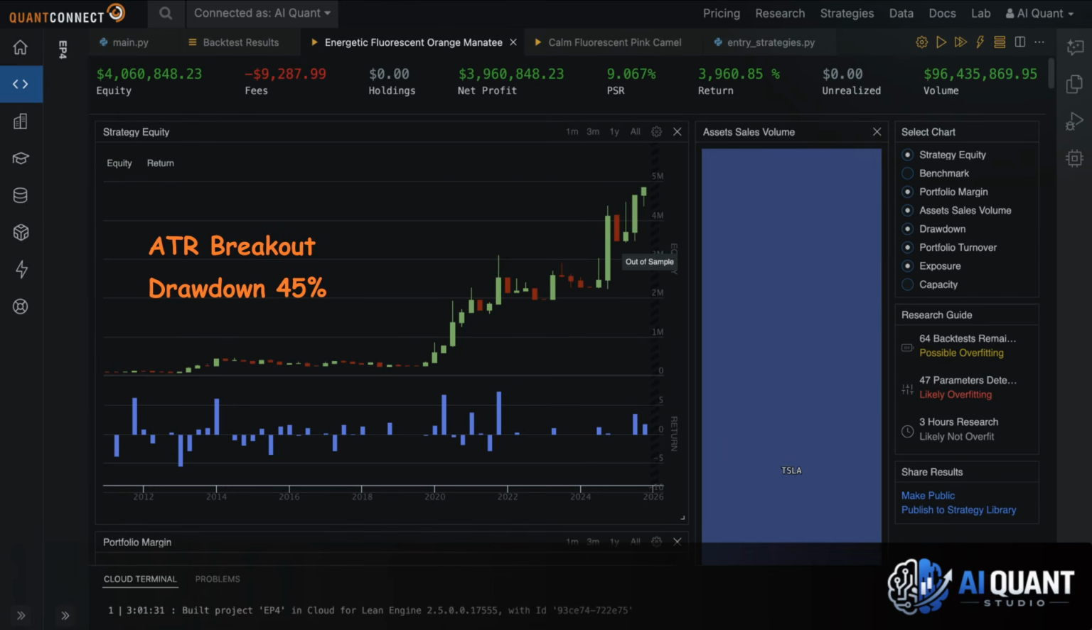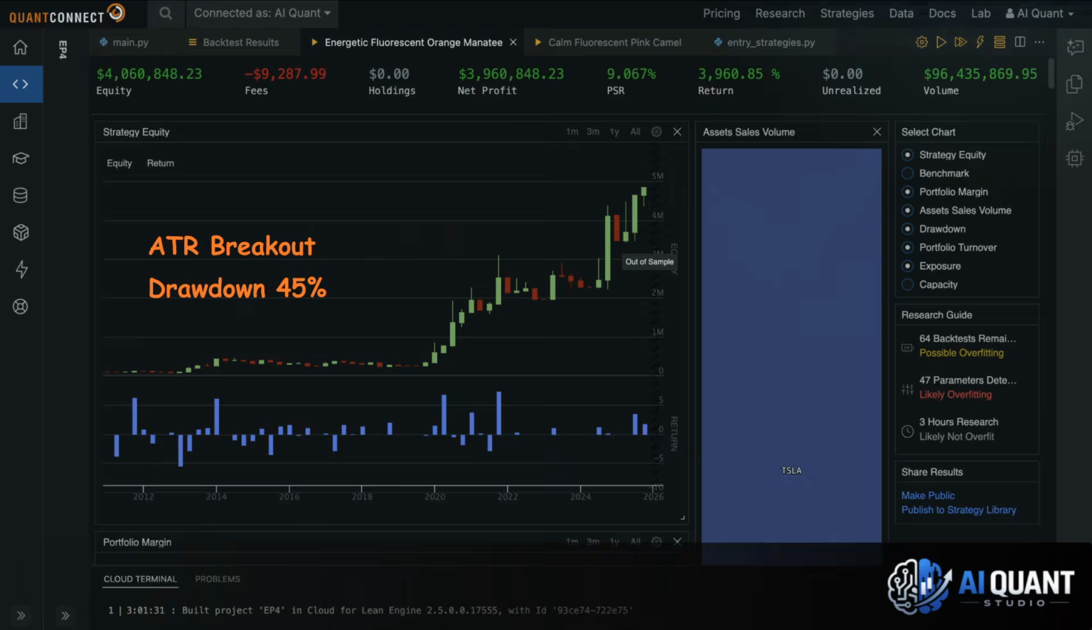ATR Breakout, 3,961% profit, 45% drawdown, not even close to the others. ATR Breakout enters when price pushes above a short-term moving average by more than 1 ATR. That means it only enters when volatility is expanding and momentum is strong. And because it speaks the same language as our ATR trailing stop, the entry and exit work together instead of